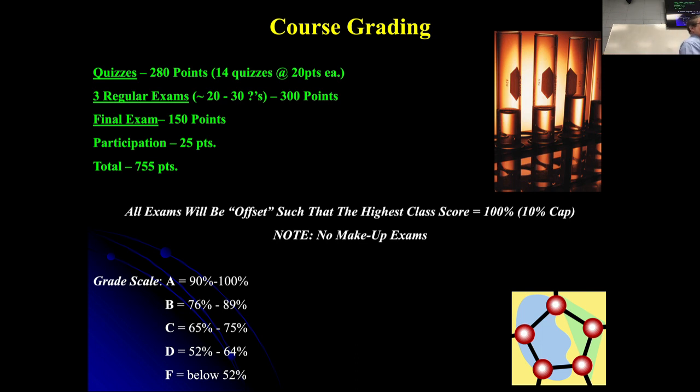So it's important. 76 is the cutoff. So if you get a 75.4, you got a C. Okay? Now I do round, I use the significant figure rule, so if you've got a 75.96, right, that's a 76. Okay, but a 75.2 is a 75. Okay, so I keep that scale very firm in those regards. Any questions about that?